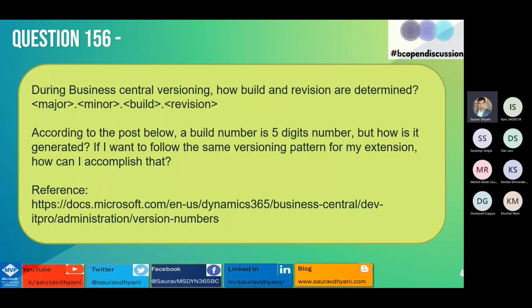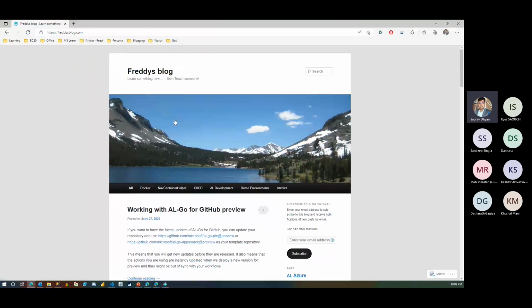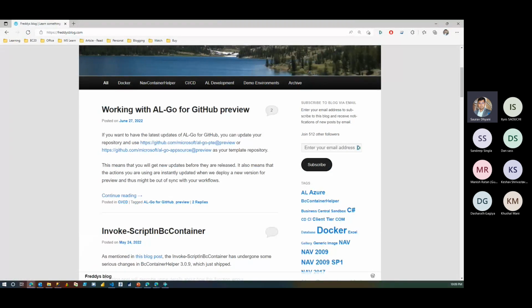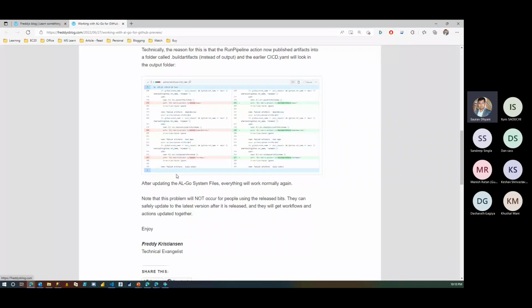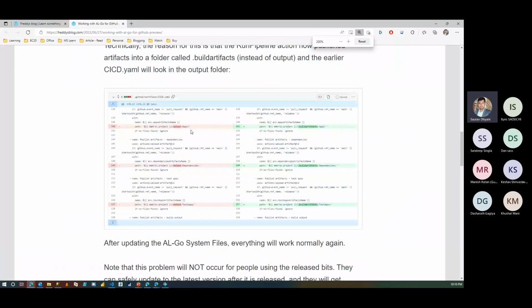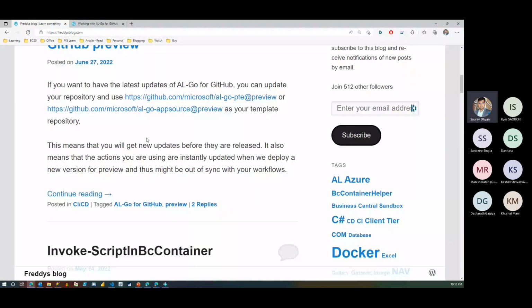Let me see if I find that somewhere from Freddy. Okay, here it is. I'm pretty sure, so this is the new initiative. If you haven't heard about it, I guess we talked about it in past sessions. There's this ALGO, which is kind of similar to what we do in our Azure DevOps. This is a free utility or kind of a free environment that you want to play around with. It talks about how all these things happen on a CI/CD pipeline, what are the dependencies and all. And there are multiple articles that he has written around it. At the same time,